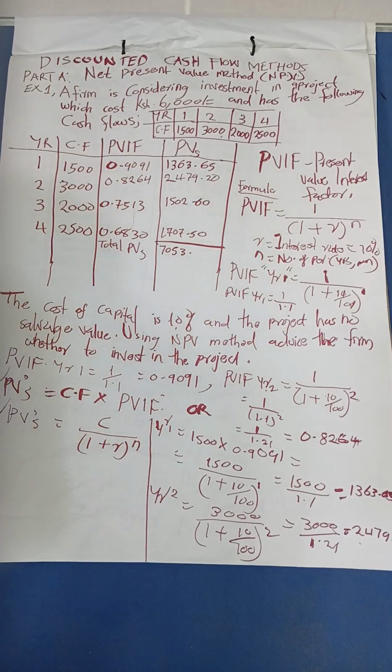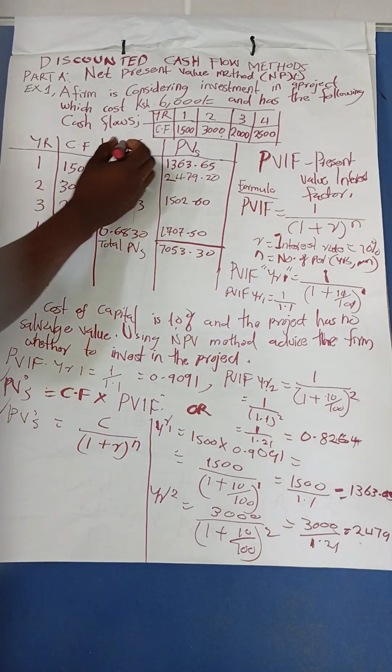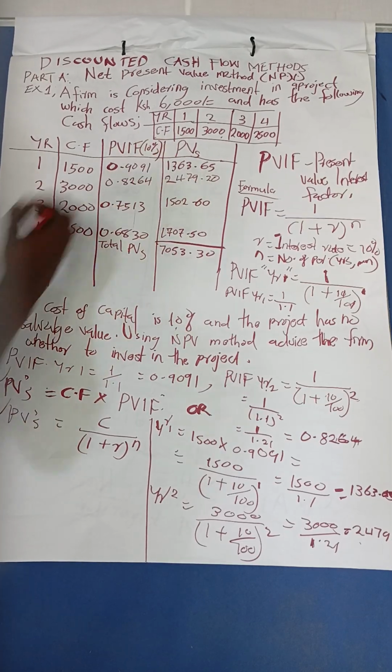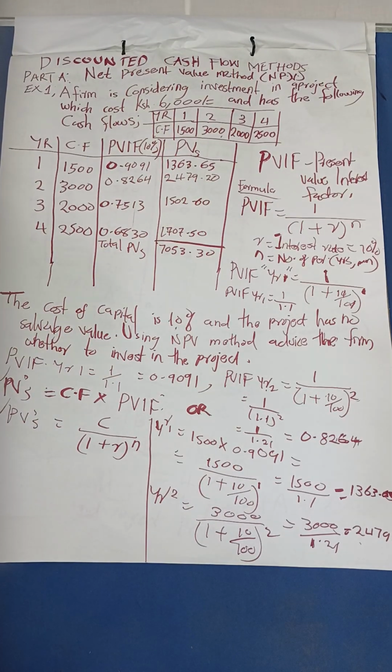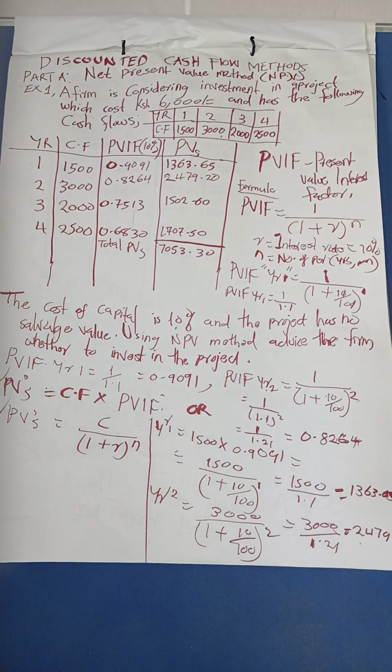7053.30. Remember to write here the PVIF we are doing at the rate of 10%. We have seen how we have applied the 10% here. Good. Next part, after you get the total PVs, now in that total PVs, you are going to less the